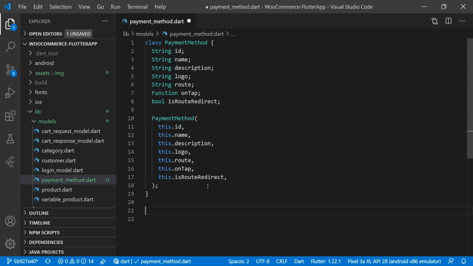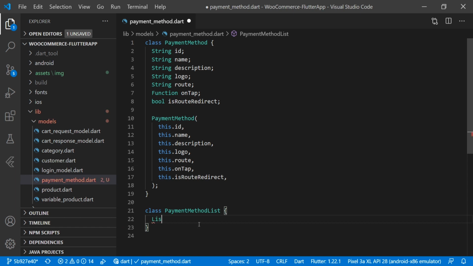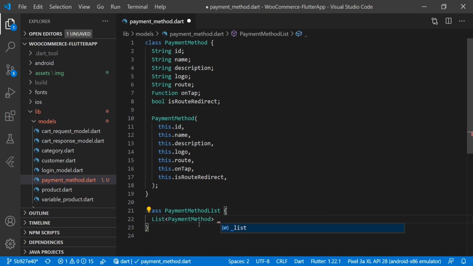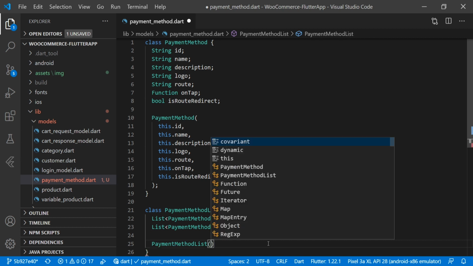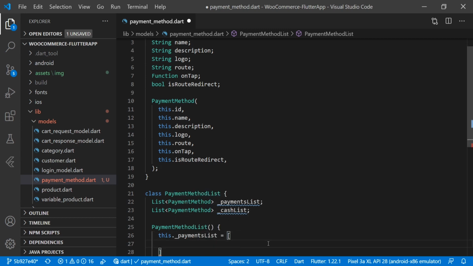So now we will create one more class here and we will name it class PaymentMethodList, and here we will have a list of type PaymentMethod, _paymentList, then a list of type PaymentMethod that we will name cashList, and here we will create a constructor, and here we will have this._paymentList equal to, and we will create the array here, and we will create a new PaymentMethod here, and the ID we will pass as